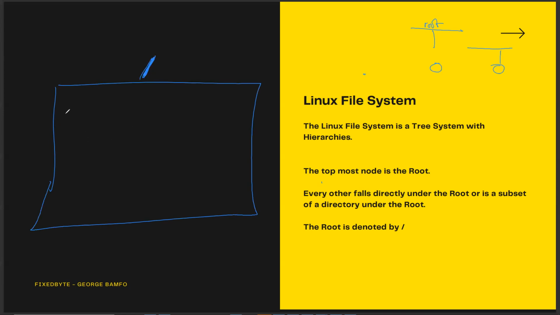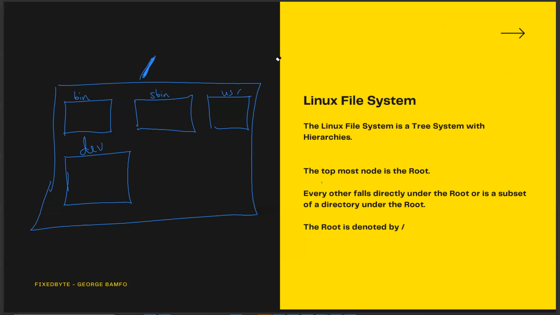And inside that, you would have other folders, which we'll see shortly, like a folder like bin. We have another folder like sbin. We have another folder like USR. We may have another folder like dev. Now, all these folders that we're talking about, since we're saying that the Linux file system is very hierarchical, what we're saying is that on top of this, we have this guy, and then down there, you would have these guys. So the bin will be here, which will be a subfolder, and we'll start with the /bin, which